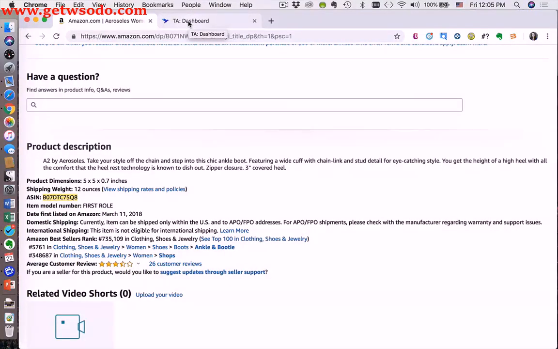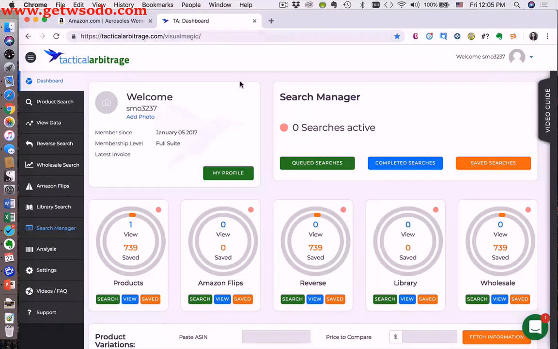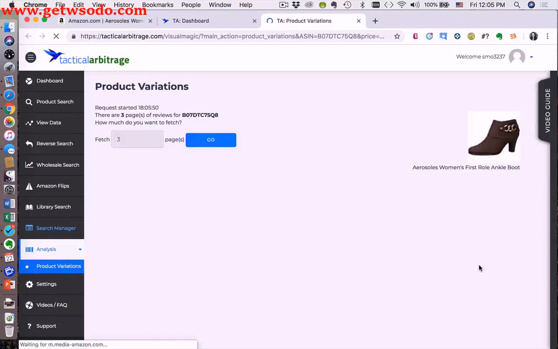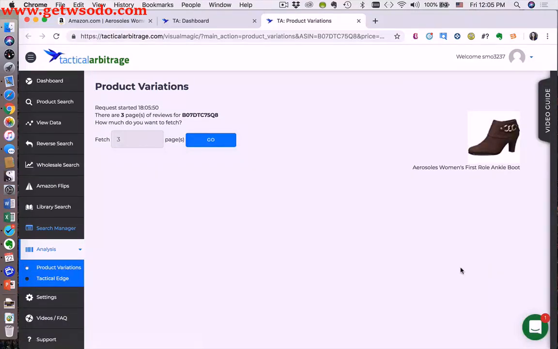And then I'm going to go back over to my dashboard here. And if you scroll down right here on the dashboard, you will see that there's a place where you can paste this ASIN in. And then I always just put like something. You don't have to put anything in there really. You're just wanting to get the information. And then you go ahead and enter that and it'll bring up a new tab for you with this screen